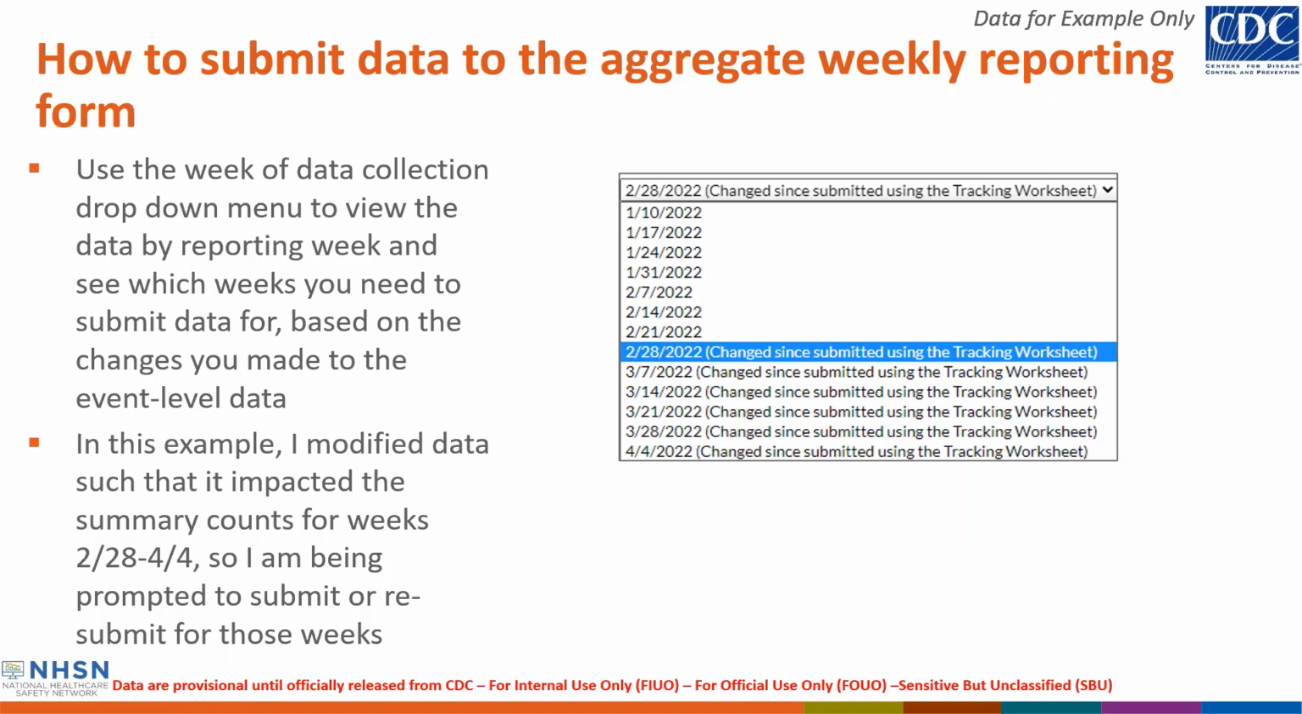So in this example, let's say I modified data such that it impacted all of the summary counts for weeks from 2/28 to 4/4. So you can see that I'm being prompted to submit or resubmit for all of those weeks because it says change since submitted using the tracking worksheet. So that means I made some adjustment to my data and all of these weeks were affected by that change